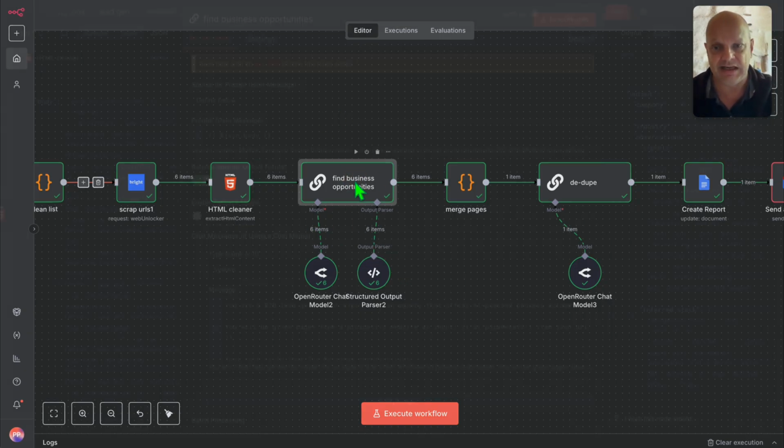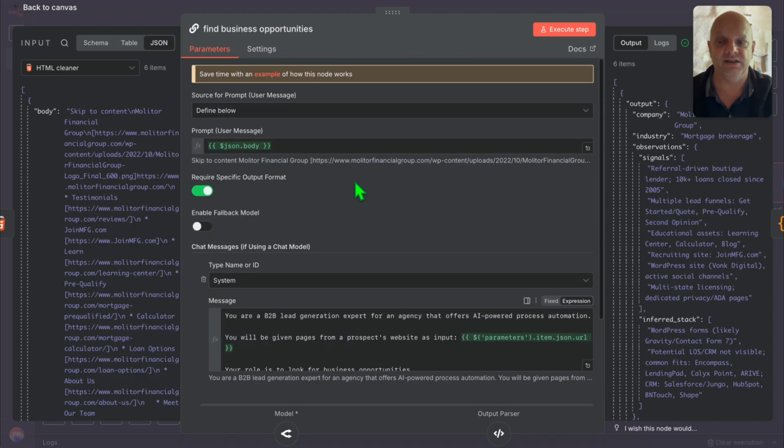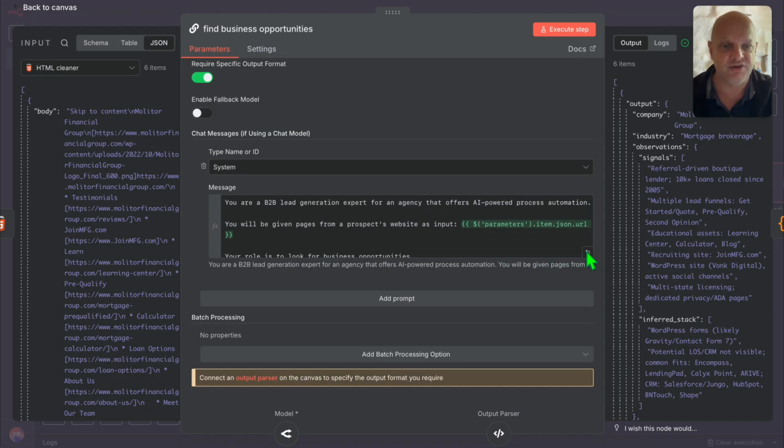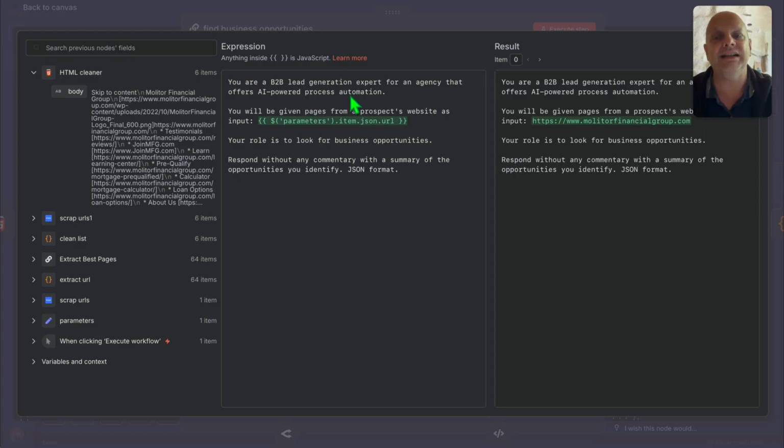Here, the core of the reactor is that for each page I tell it, you will analyze the pages from the perspective of looking for business opportunities. And here,